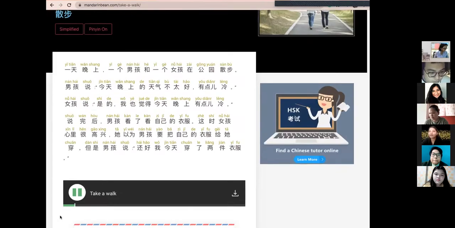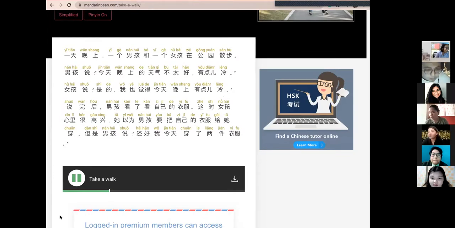散步。一天晚上，一个男孩和一个女孩在公园散步。男孩说：“今天晚上的天气不太好，有点冷。”女孩说